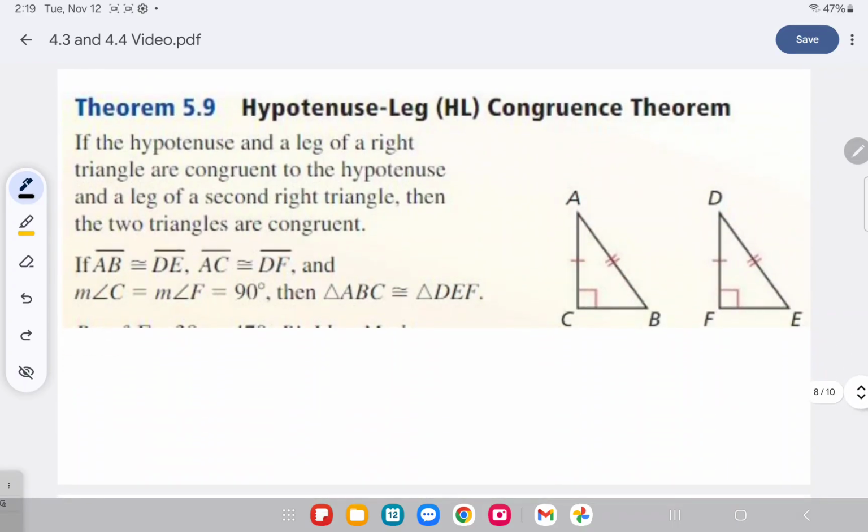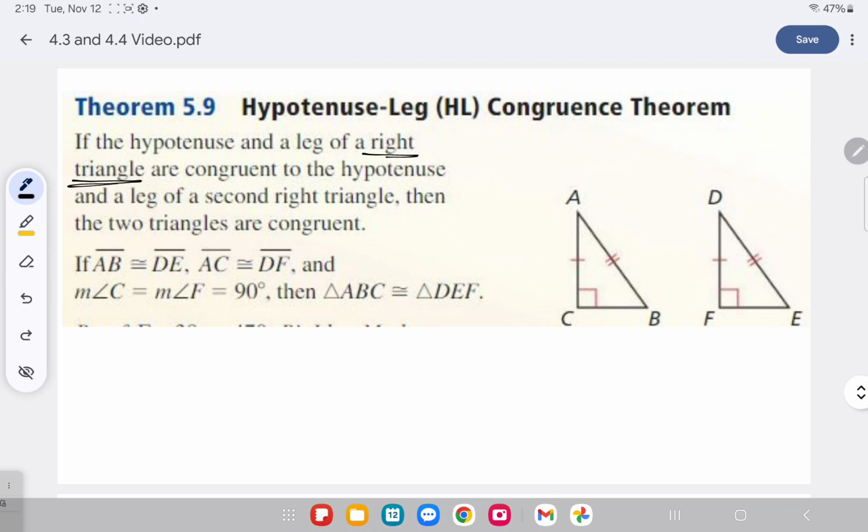Now we're going to add in one more shortcut. This is the only shortcut we're going to do that only requires you to have two congruent statements. It's called the hypotenuse-leg congruence theorem. But in order to use the hypotenuse-leg congruence theorem, the triangles have to be right triangles. If they aren't right triangles and you haven't said that they're right triangles in our proof, then you can't use